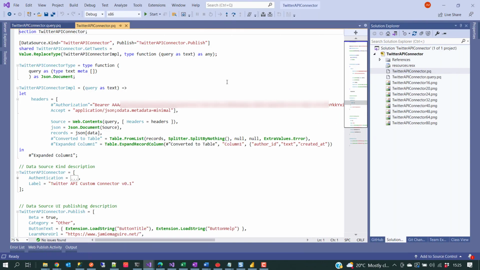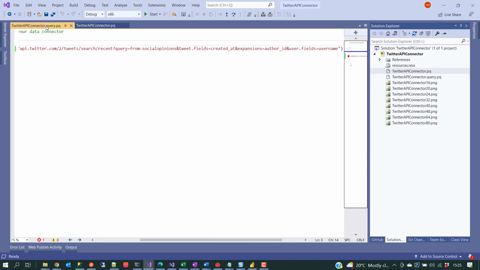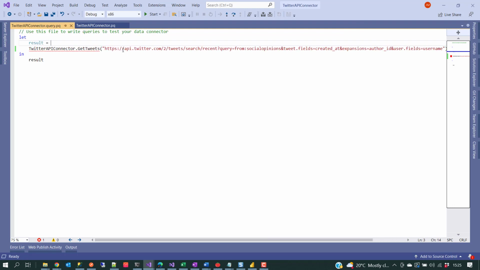So here we're in Visual Studio, and what we're looking at here is the script that was detailed in the blog. We won't go into too much detail about what each of these sections are, because you can read a little bit more about that in the actual blog. What we'll do is jump out of the script into the connector, and we'll close this, scroll over here, and